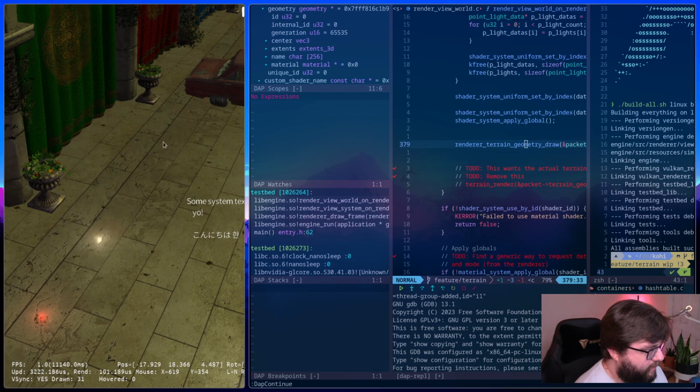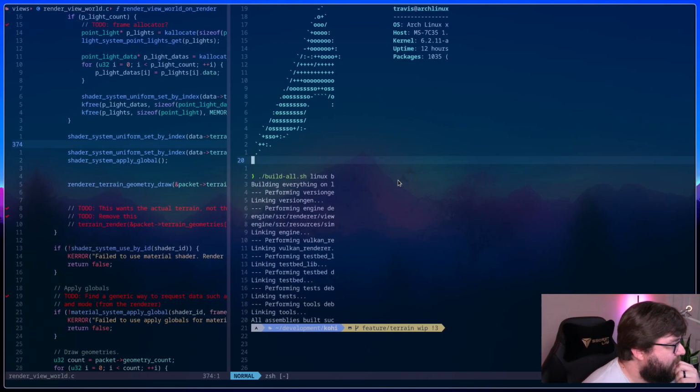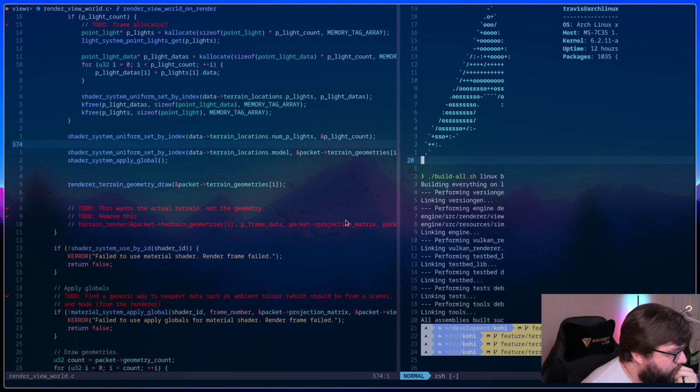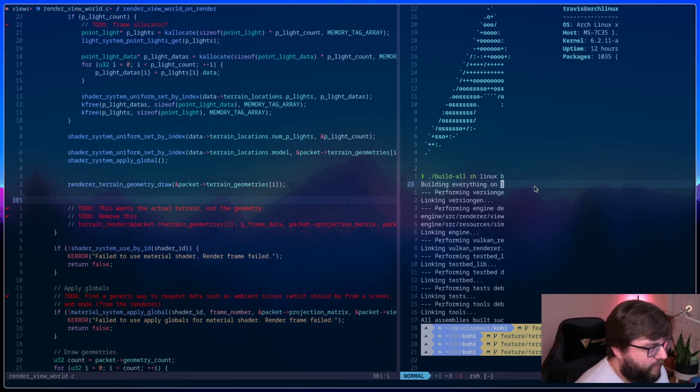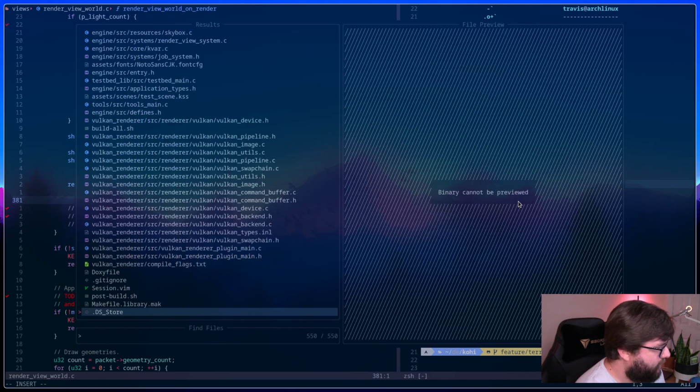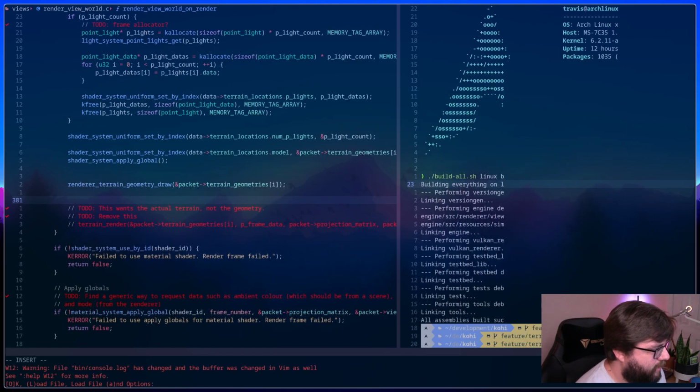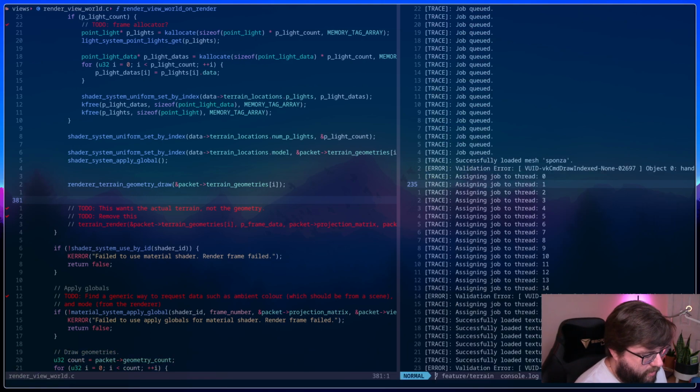Disable that breakpoint. Continue. Kill it. Okay. I'm thinking if we take a look at the console log, yes, we want to load the file. Go all the way to the bottom.